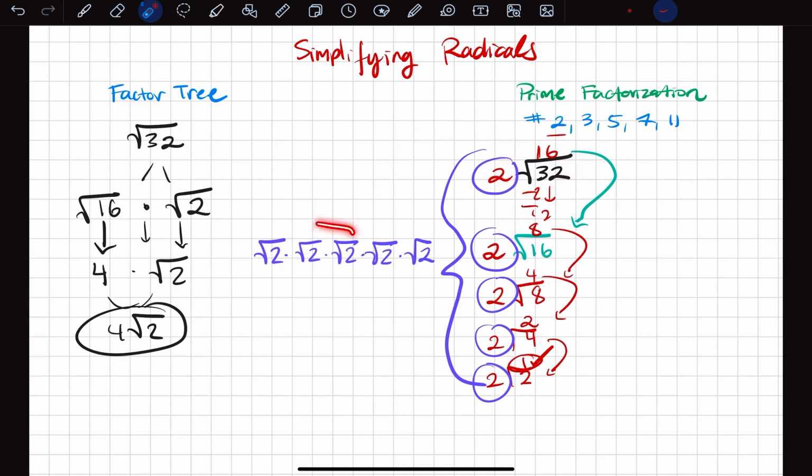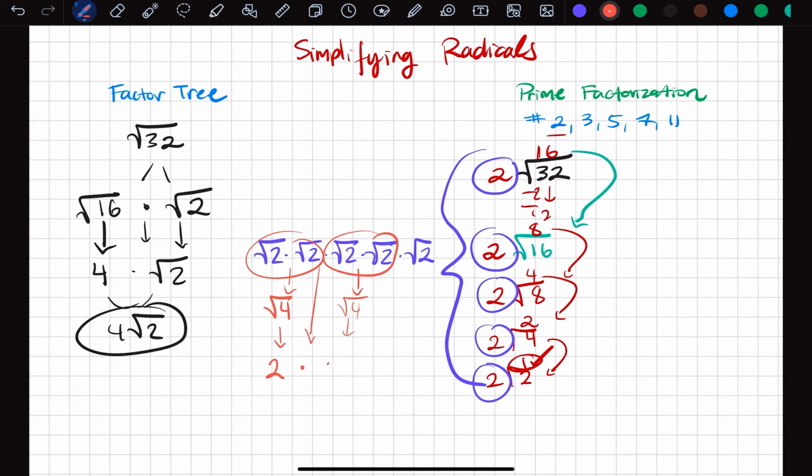What I like doing with these, especially if you have the same radicands, which all of these do, is pair them up, because when you pair them up, you will be able to see that they're perfect squares and square root them, right? So noticing that this pair gives us root 4 and breaks down to 2. Can't forget about that multiplication there. Can take this group, root 4, nicely breaks down to 2, and then we have a lonely one,